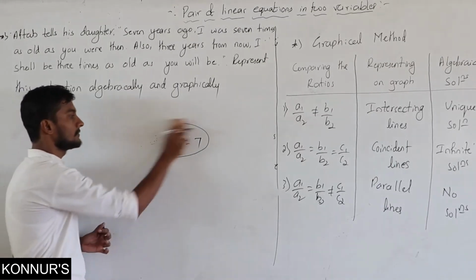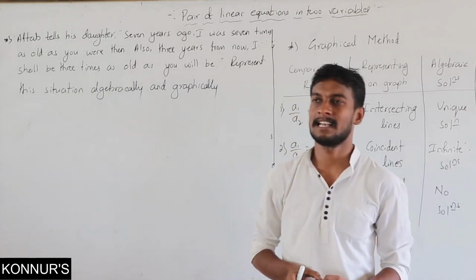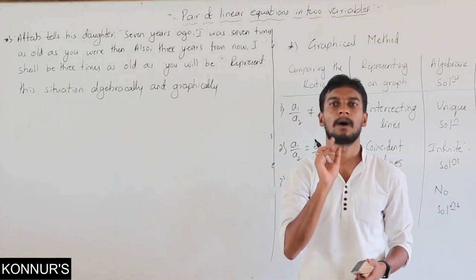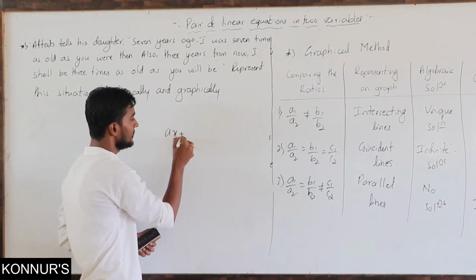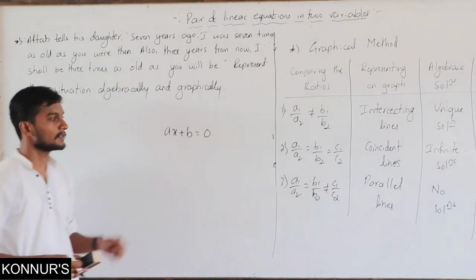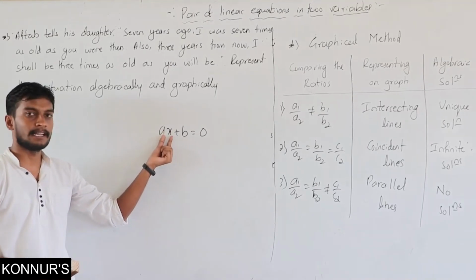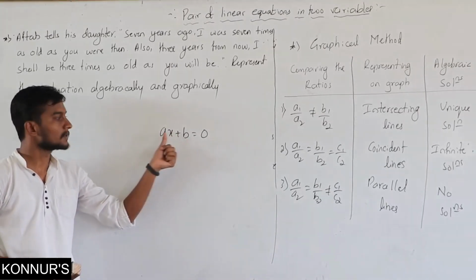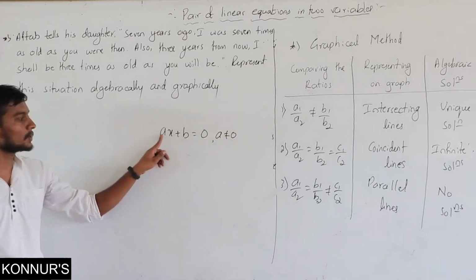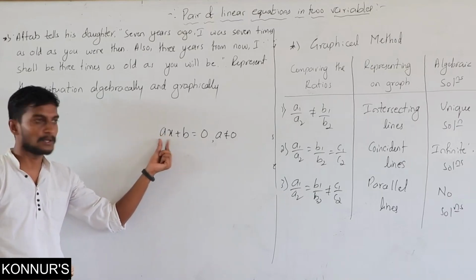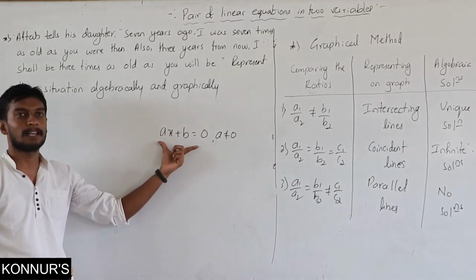Next we should know what are linear equations. A linear equation is an algebraic expression having degree 1. The general form of a linear equation is ax plus b is equal to 0. Here x is a variable, and a and b are constants. Here a must not be equal to 0. If it is equal to 0, then 0 into x becomes 0, and you get only a constant term, and it will not be called a linear equation. So this is the general form of a linear equation.